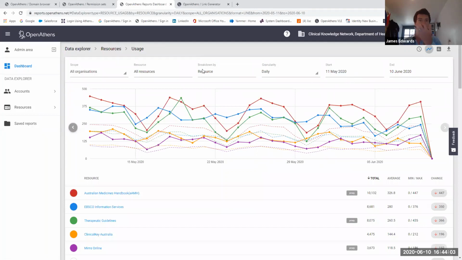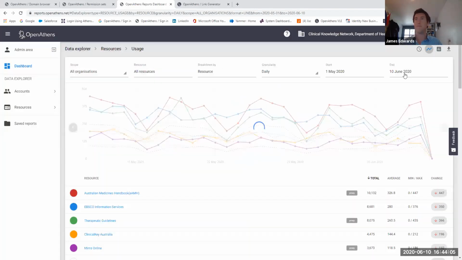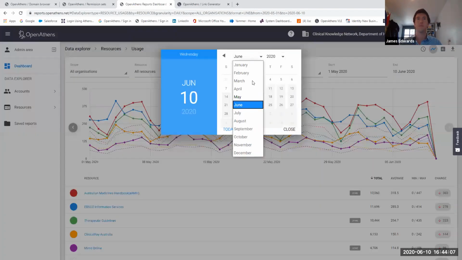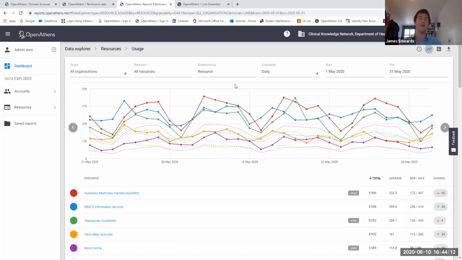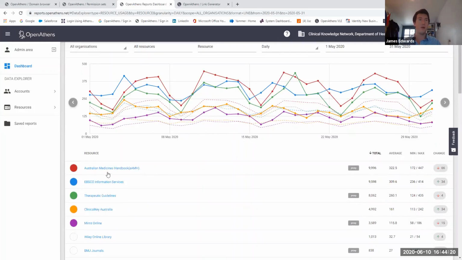Let's look at the whole month of May. So you can see, you can adjust it, looking at the specifics you want to. So monthly, yearly, you can look at the granularity, you can look at it daily, weekly, or hourly. So this is just breaking down. So it's listed the popular resource at the top.